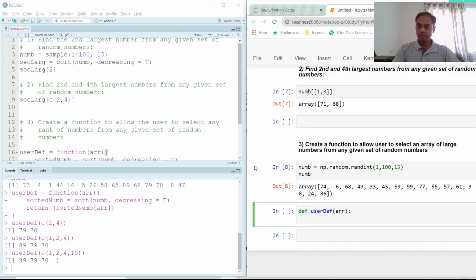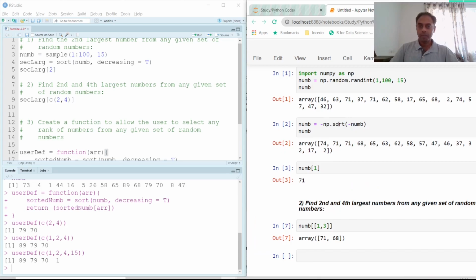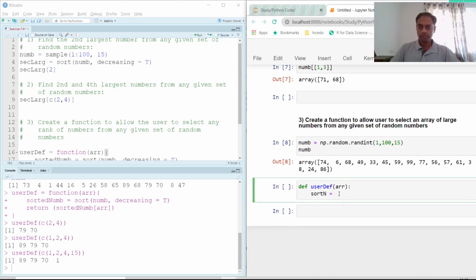And now we need to sort this number in a particular order. So let's create a variable called sortn, which has the numbers sorted. Just like what we did here, np.sort, and inside the bracket we have to pass the variable num, and we also have to put a minus in front.